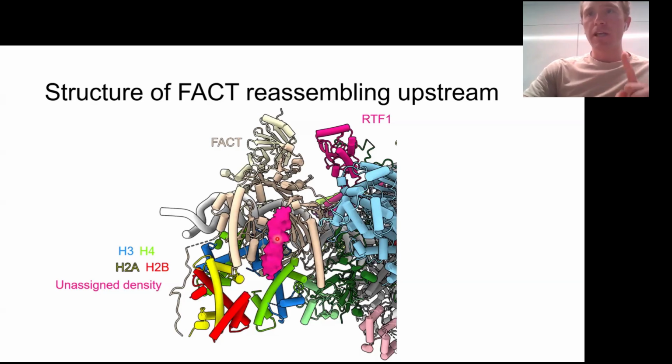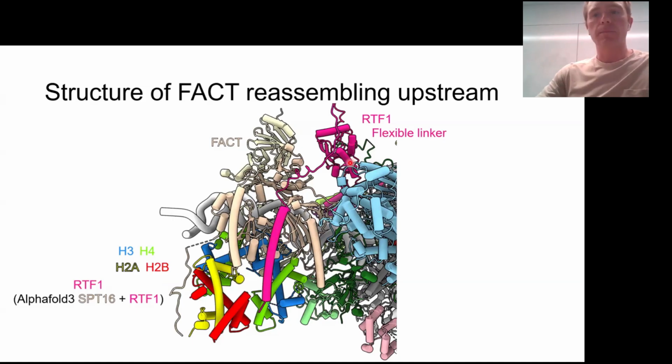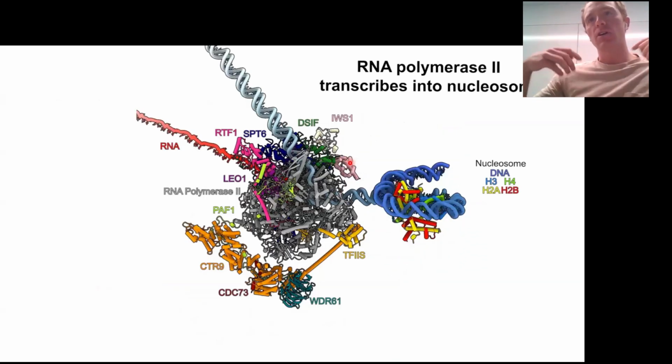And excitingly, only one hit came back, and that hit turned out to be a helix of that RTF1 molecule. And what we find is that that RTF1 is actually connected to the core RTF1 factor that is bound to the polymerase by a long, flexible linker. And together, this came into a model where we suggested that as the transcription machinery transcribes into the nucleosome, it